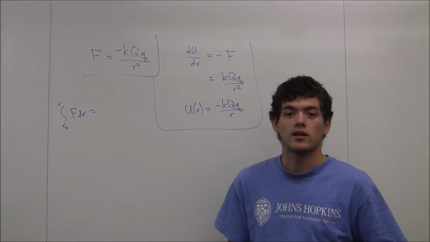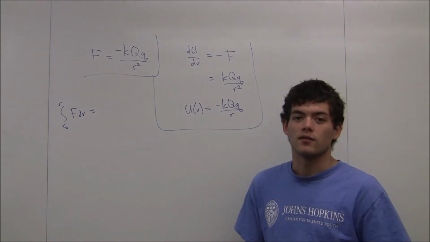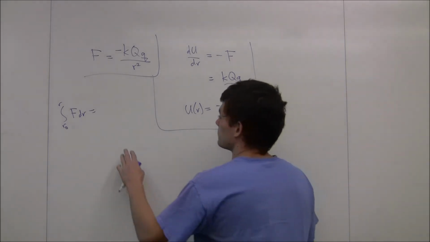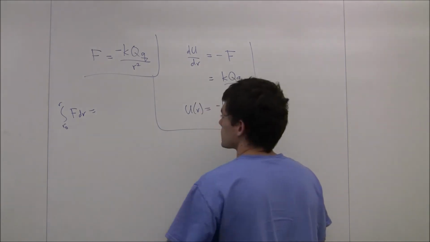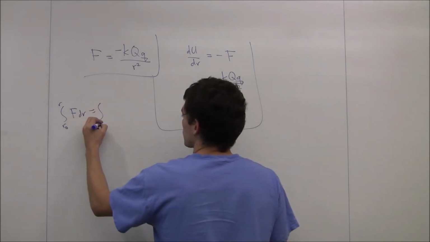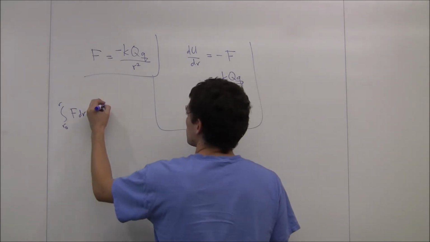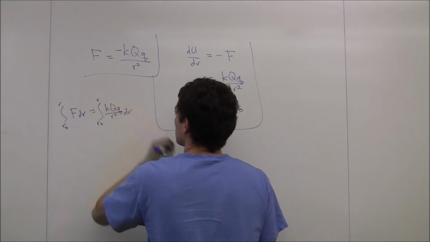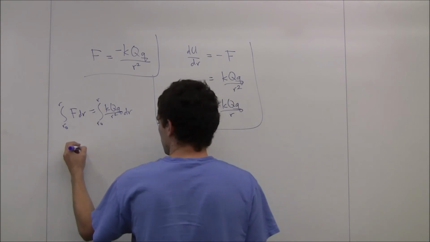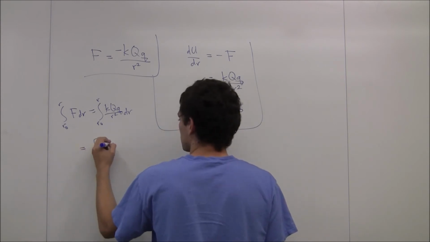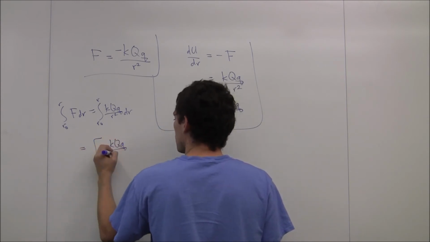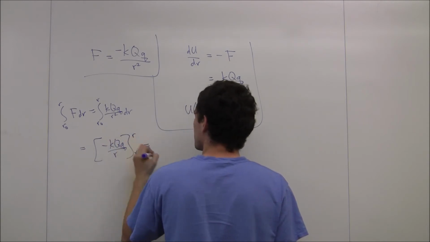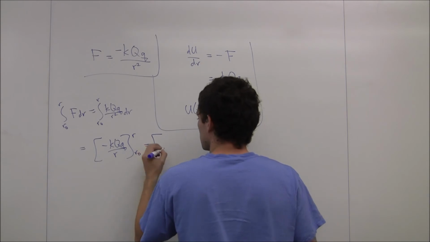All we have to assume is that the force we apply is always opposing the direction of motion, so it's going to be the negative of the negative force. So we're going to get the integral from r naught to r of kQq over r squared dr, which is just going to be minus kQq over r, evaluated from r naught to r, which is just going to be